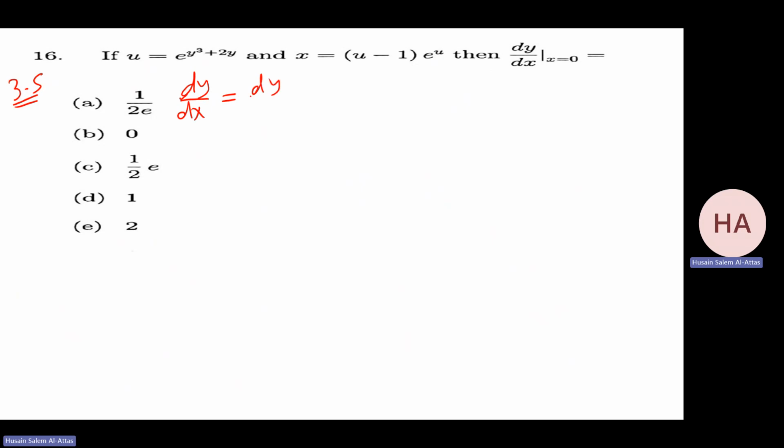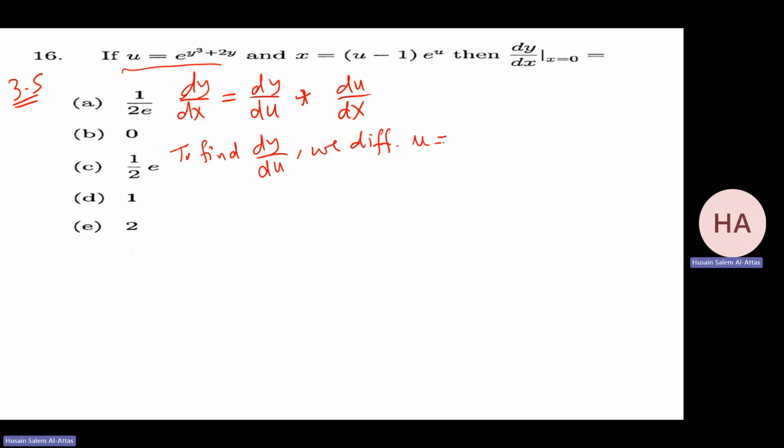It's dy by du times du by dx. This is the rule. Now, to find dy by du, we differentiate this one, which relates u with y,